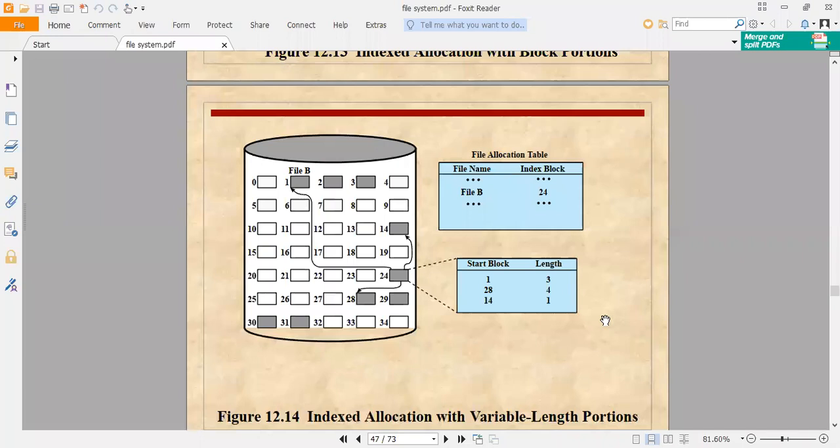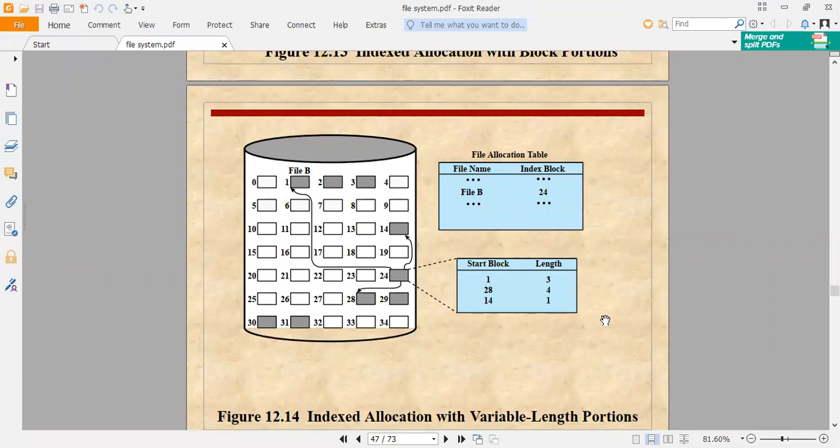So this is the example of indexed allocation with variable length portion. So here also we are maintaining two level index blocks, and there is a chance of memory wastage too. Again we are maintaining the blocks and keeping the required information in our allocation table.